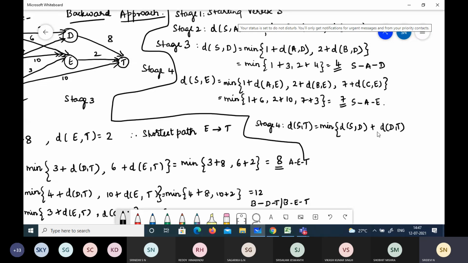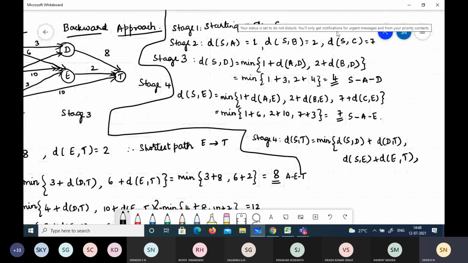Now, what is the second? D of S to E, I already have the value, plus distance from E to T. And S to C, isn't it? Here I have that also.